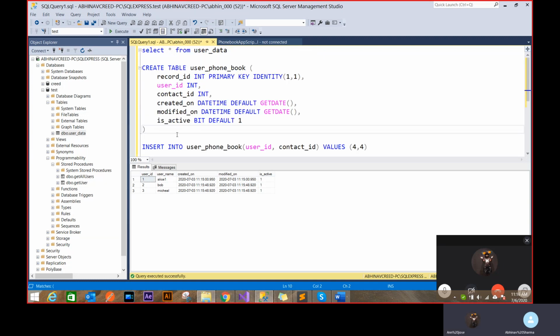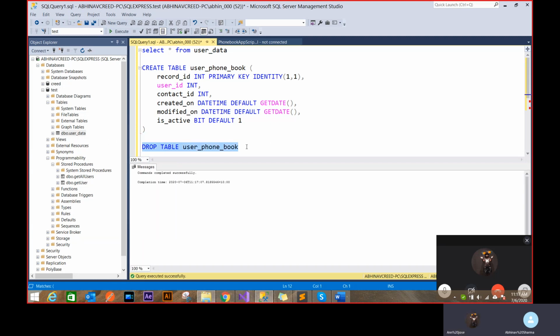So in order to do that, first I'll do a drop. Just recreate this table. Rather than doing an alter, drop is much easier because the data is blank right now. If I have very precious data, then I have to do an alter, and that becomes complicated because if you're changing a type or something, it will show you different kinds of errors. It's possible.